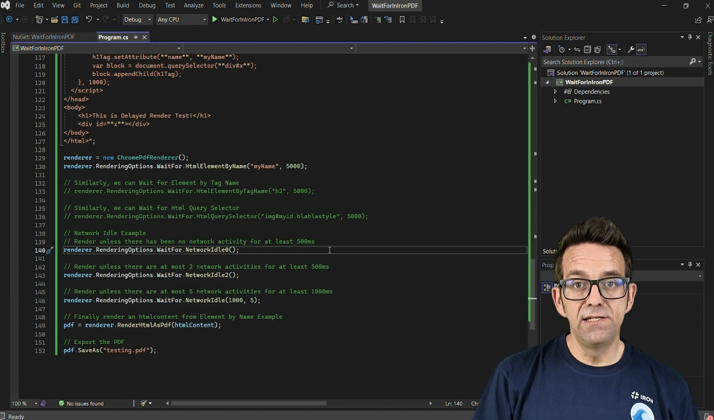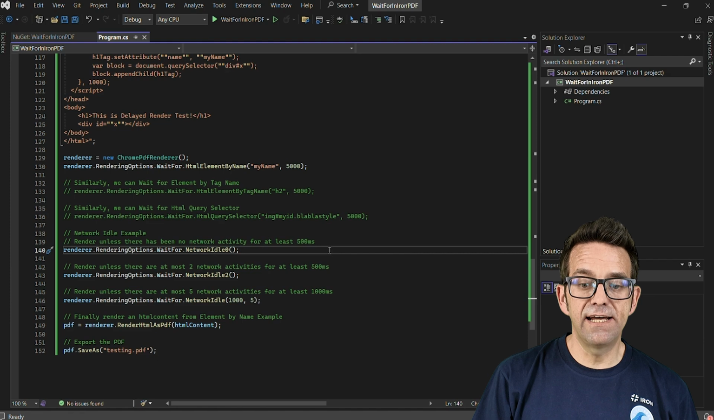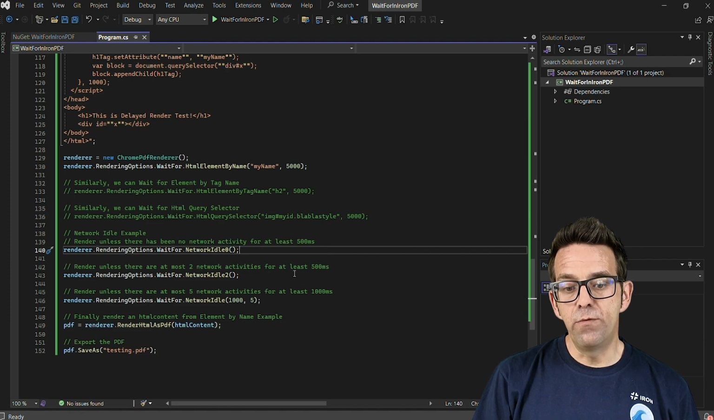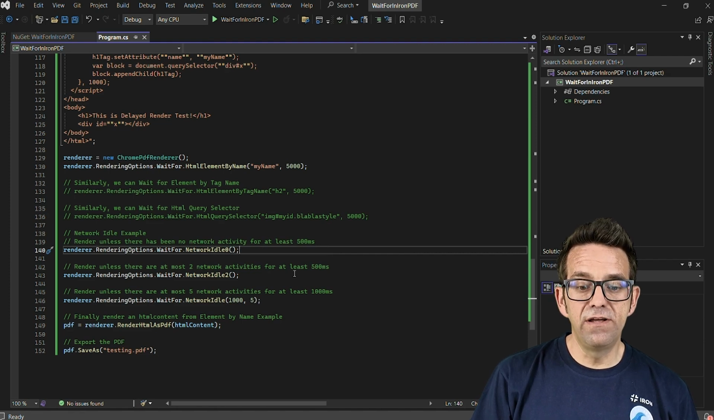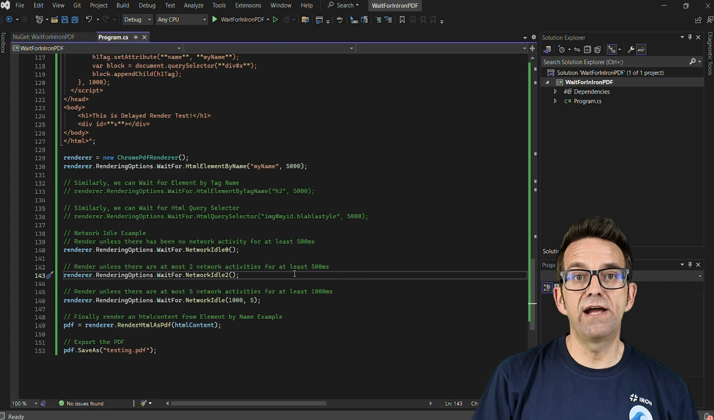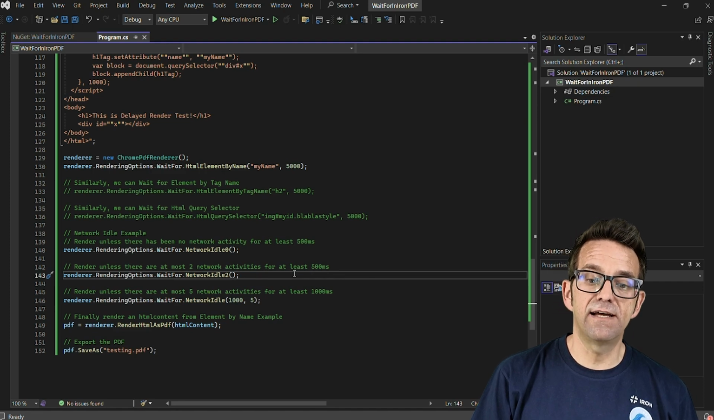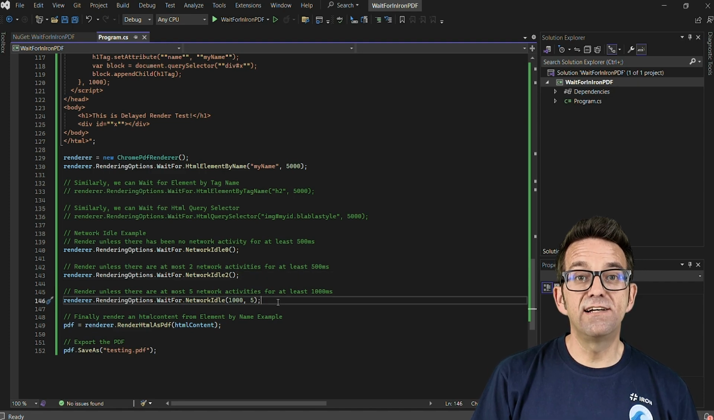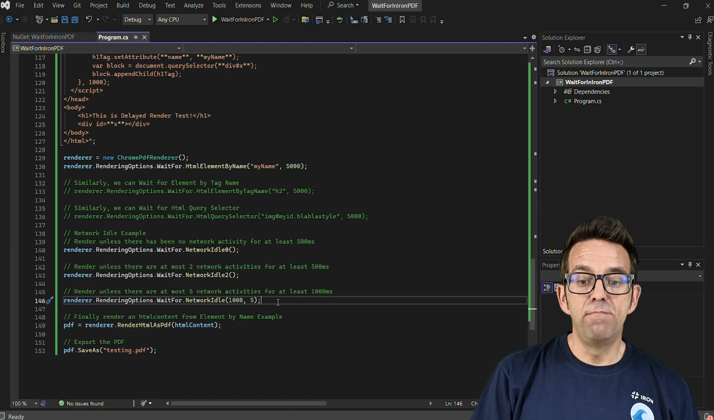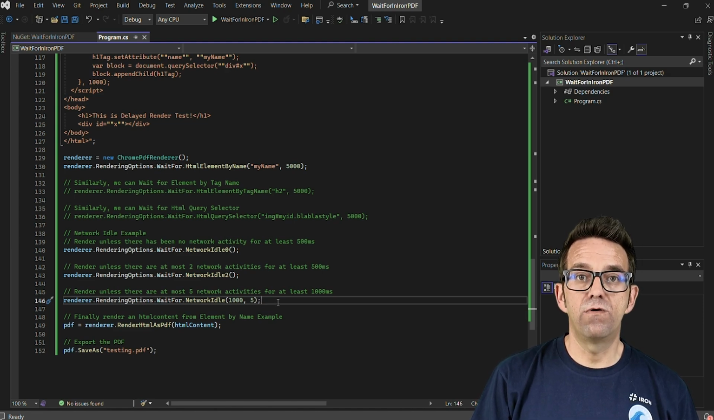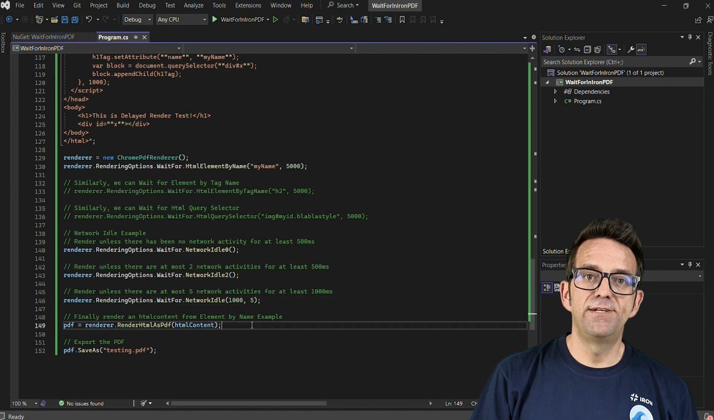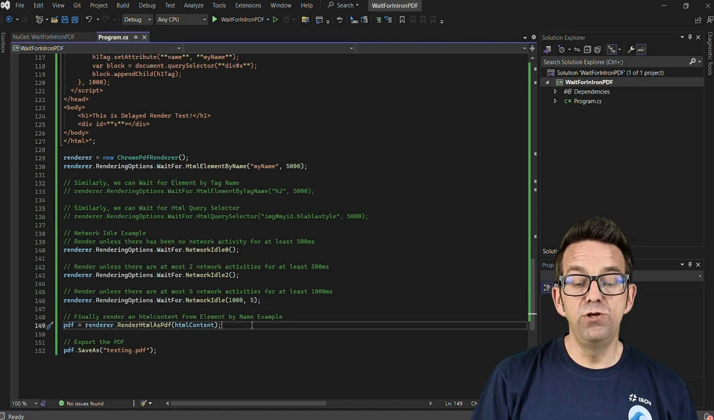NetworkIdle0 is when there has been no ongoing network activity for at least 500 milliseconds before rendering the PDF. NetworkIdle2 renders the PDF only if there are at most 2 network activities for at least 500 milliseconds. And NetworkIdle with custom settings, if there are at most 5 network activities for at least 1,000 milliseconds before rendering. And finally, we render the HTML content from element by name using the RenderHtmlAsPdf method, and then